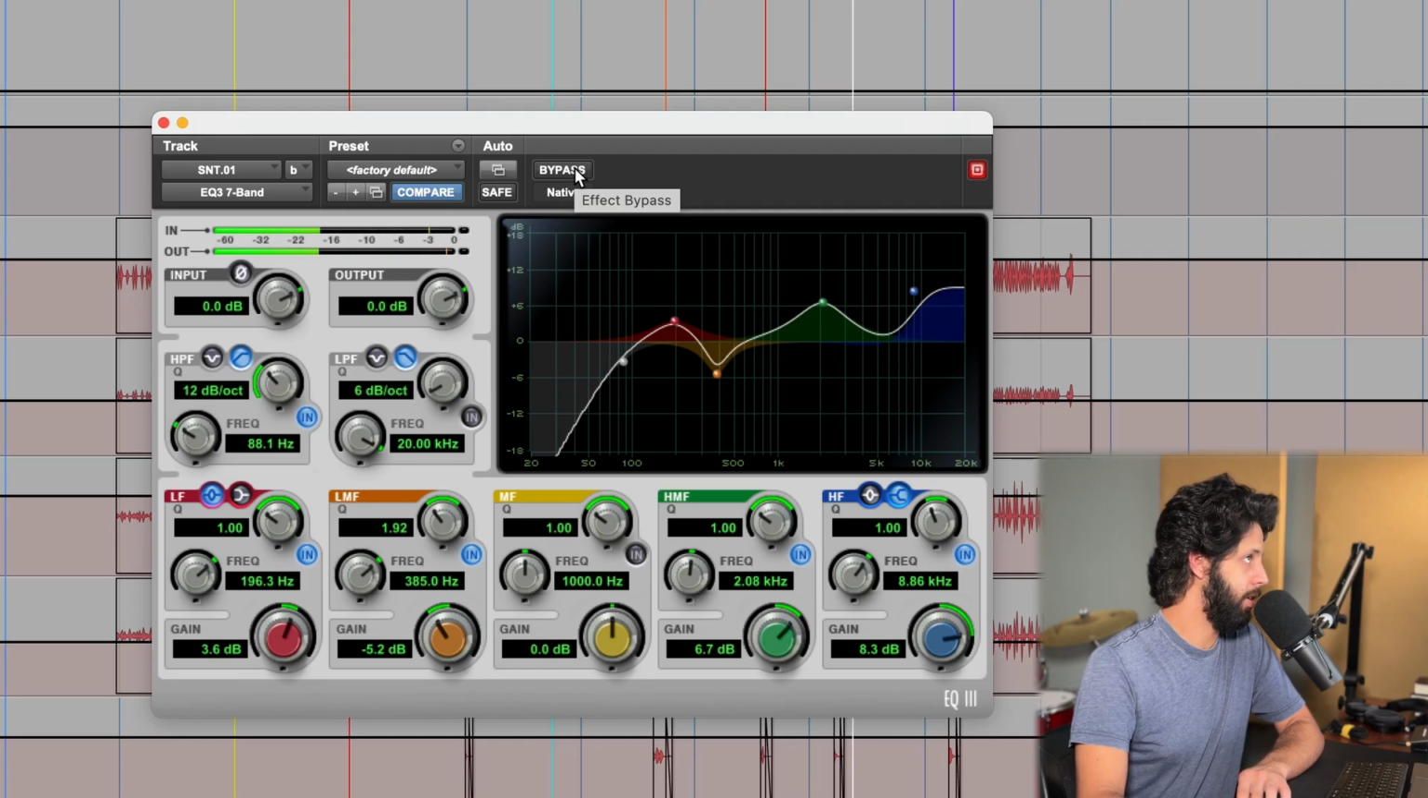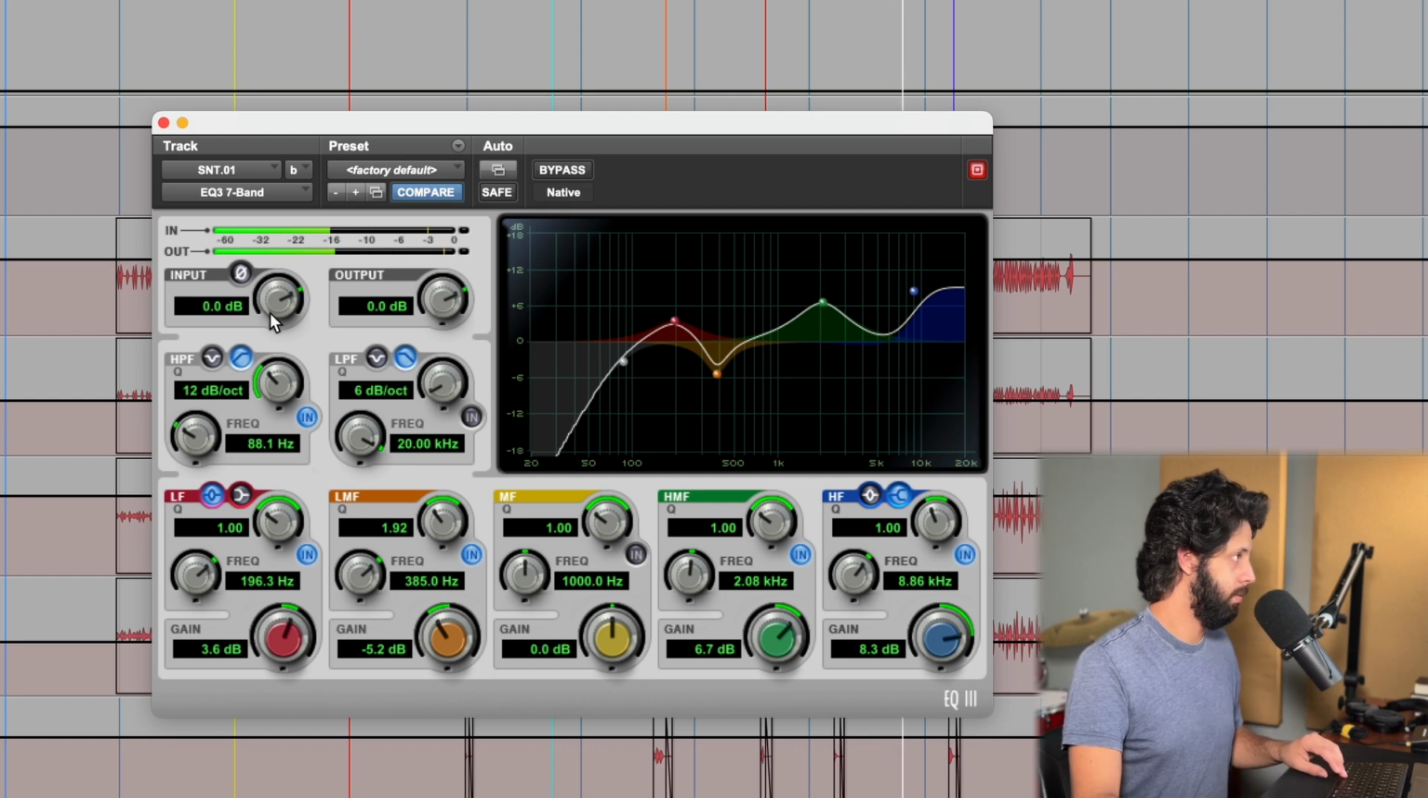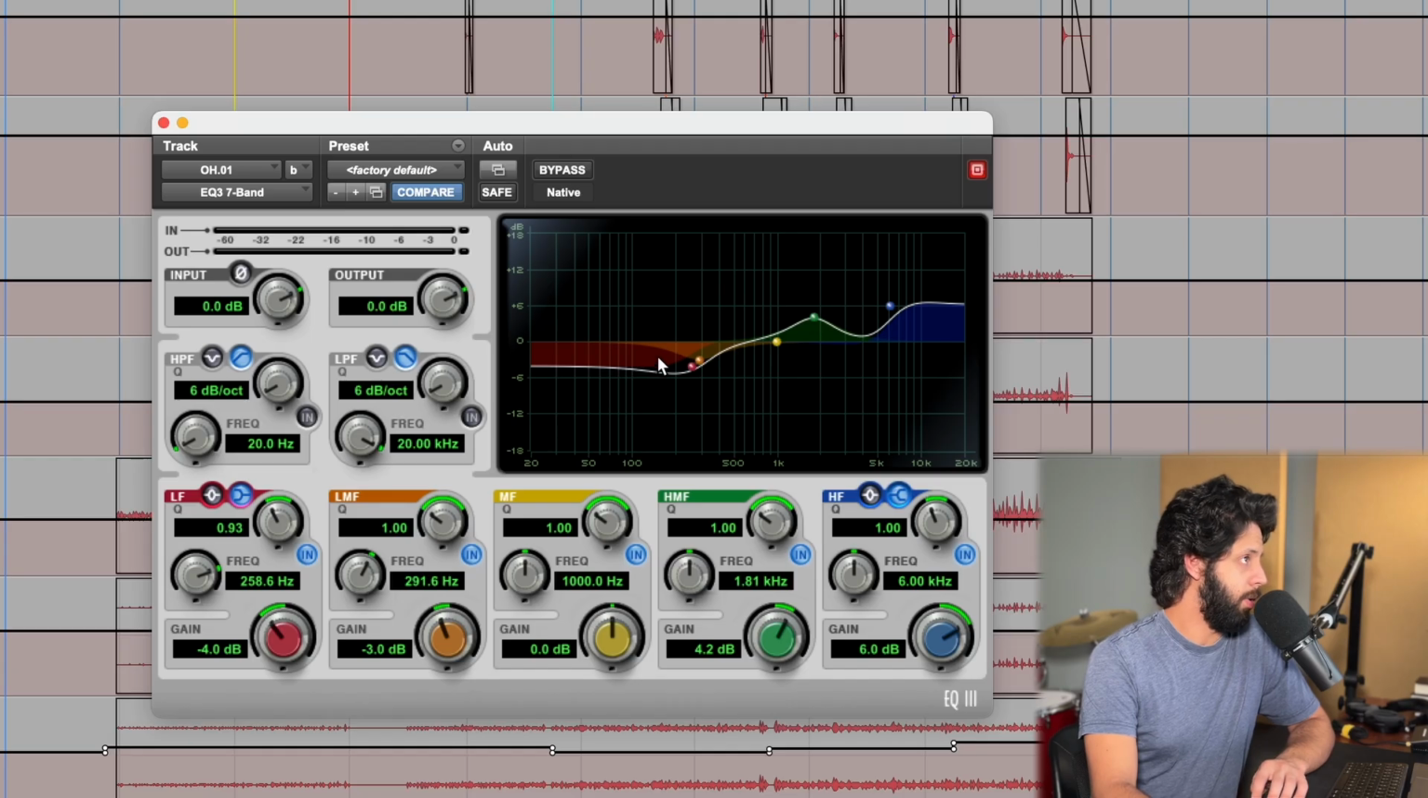Now here's before and after. You can EQ the toms more or less in a similar manner, although I don't tend to add the high frequency boost to toms. Now for overheads, cut below 150 Hz to stop the kick and toms from muddying things